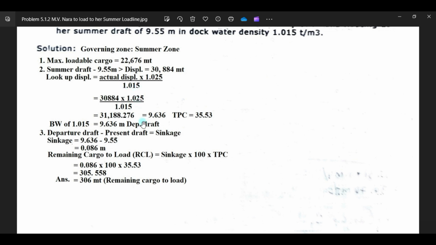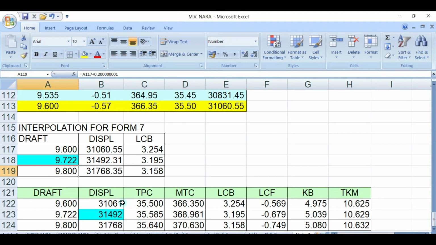So let's check, guys. Go to your graph here.